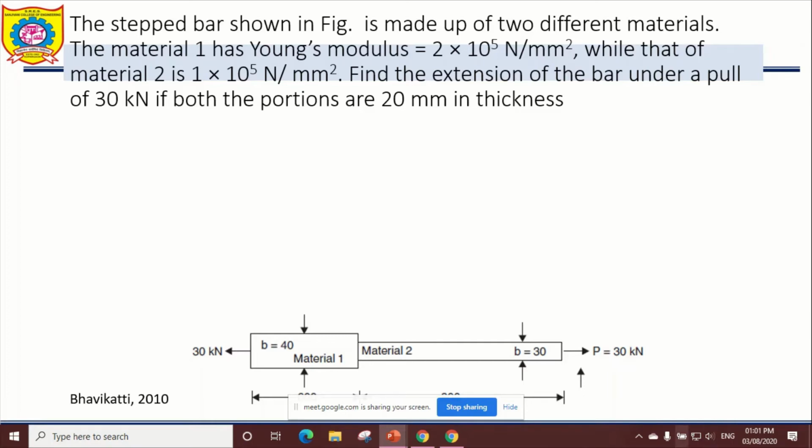Okay. So this is a step bar. We apply the tensile load of 30 kilonewton. Tensile load आपण apply केला 30 kilonewtonचा. First,